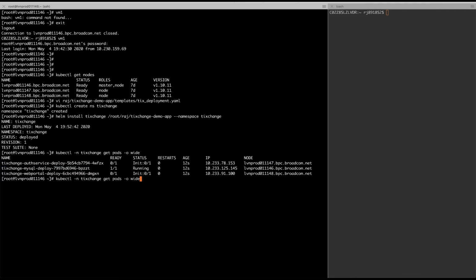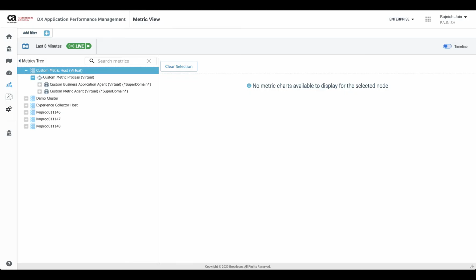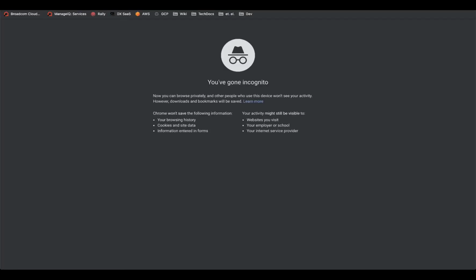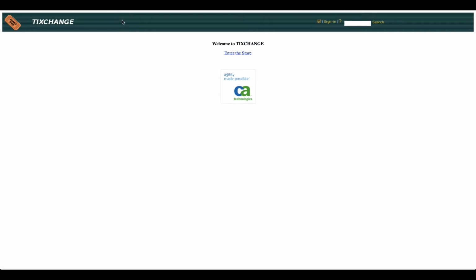Okay, let us again see if all the pods are running. Yes, they are. Let me quickly verify that my authentication service and web portal are all looking good. So I'll go, and if this page is displayed, then it signifies that my web portal is all good. Let me try to log into the system so that I can verify that the authentication service is also in good state.